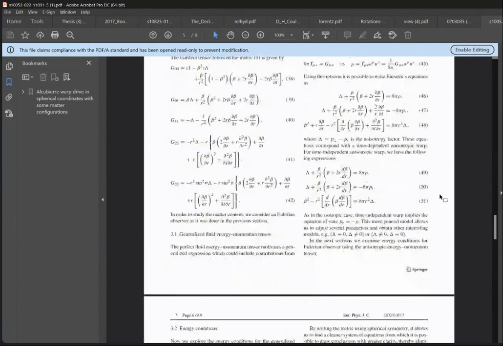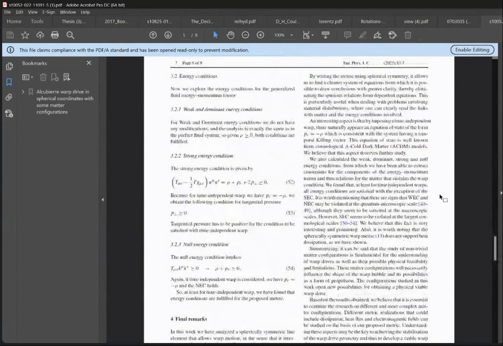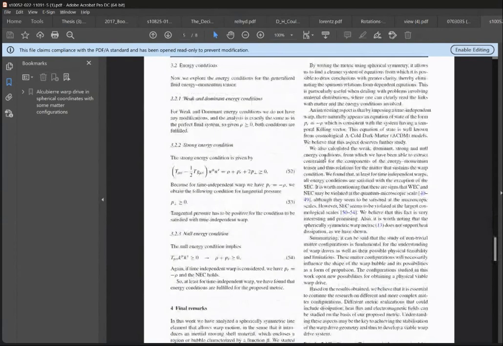And again we say, let's check what happens with the energy conditions here. We did it, and we find that the weak and the dominant energy conditions are the same. For the strong energy condition, there is a contribution of this tangential pressure here, which, if it's zero, is not there, or if the tangential pressure is equal to the radial pressure, these two terms add up.